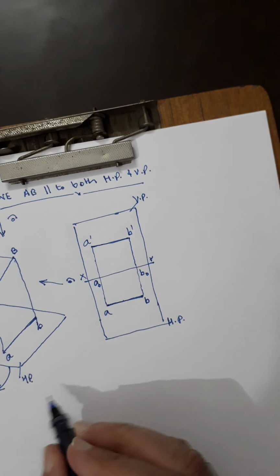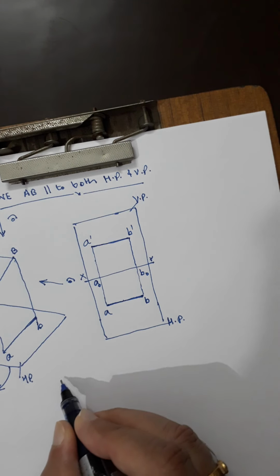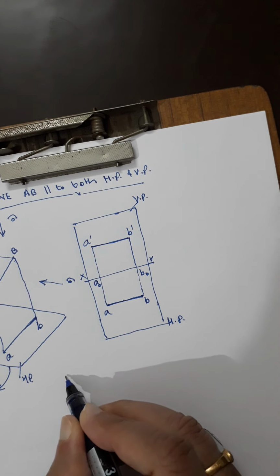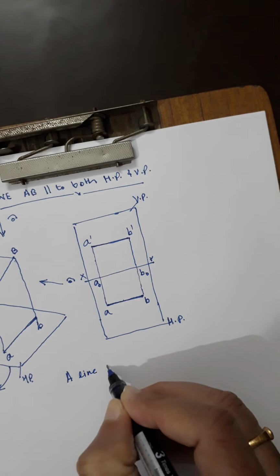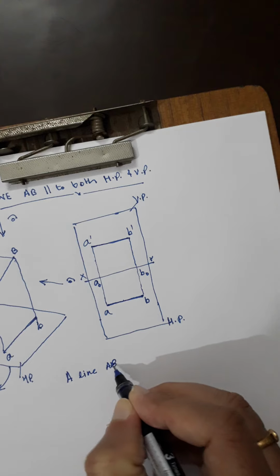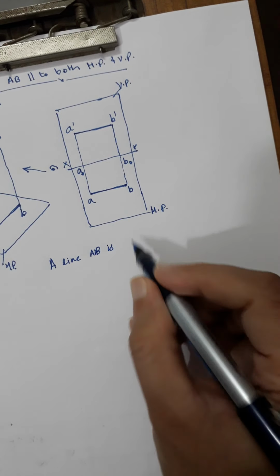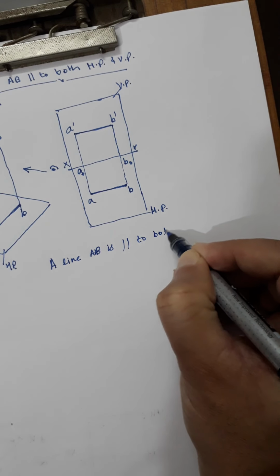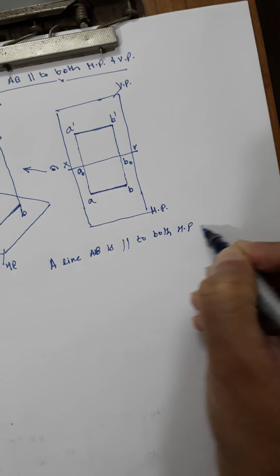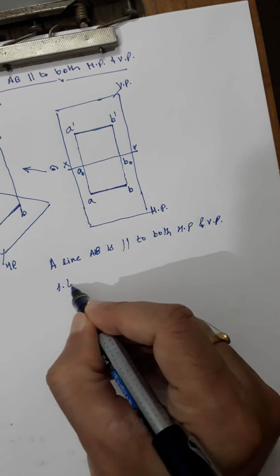Now I will first write the statement. Then I will draw its projection. Now you can write down the statement. A line AB is parallel to both HP and VP such that